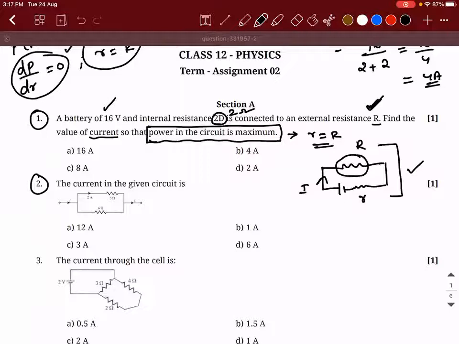The current in the given circuit is, how much is the answer? 3 amperes. How to solve this first of all? Sir, I took the ratio of resistances, and the ratio of current to be the reciprocal of the ratio of resistances. Okay. Whenever I understood what method you did, it is generally a shortcut or a method used for competitive exams.